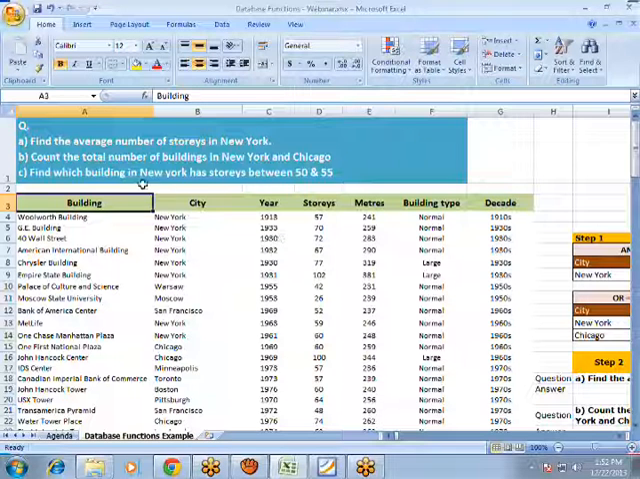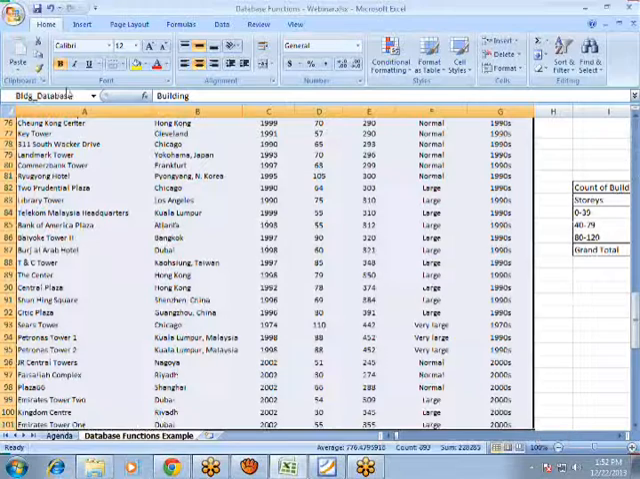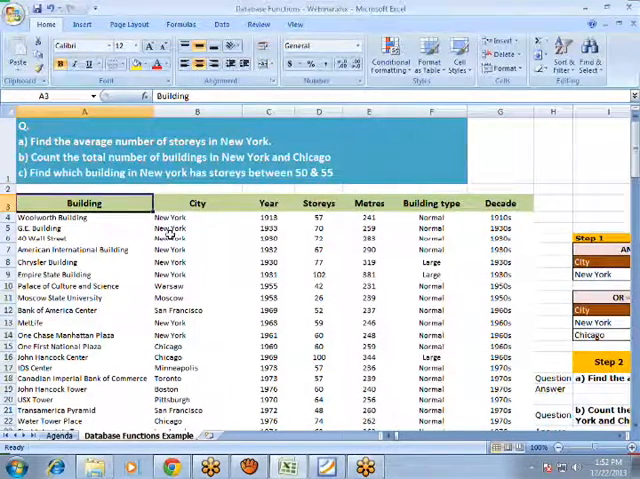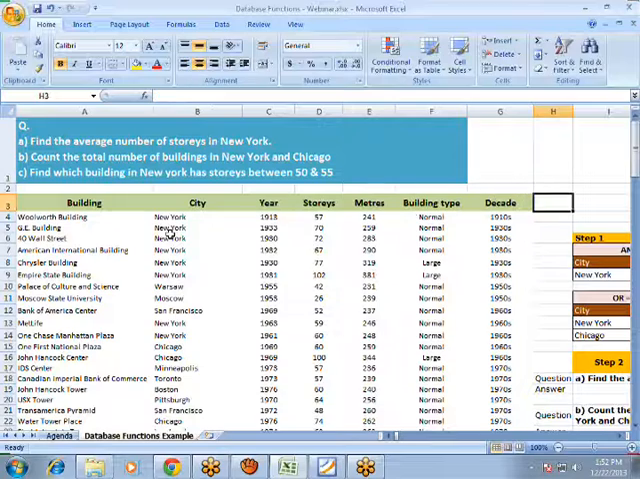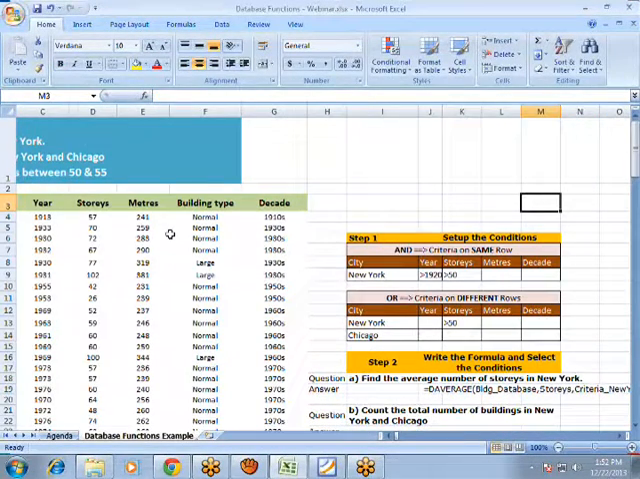And also, remember, I have selected the fields as well. So do not forget to select the fields as well. Including the fields and the data set, I've given the entire thing the name building_database, because I intend to use it very often in the various different database functions that we're going to do. Now, step number 1 in creating the database function is to create the criteria or the condition